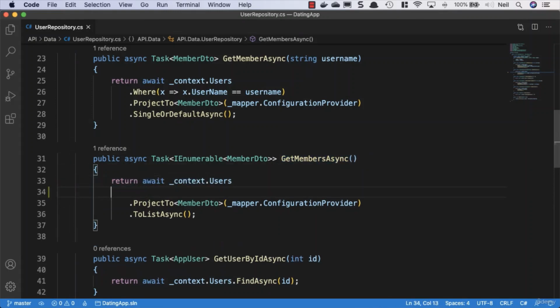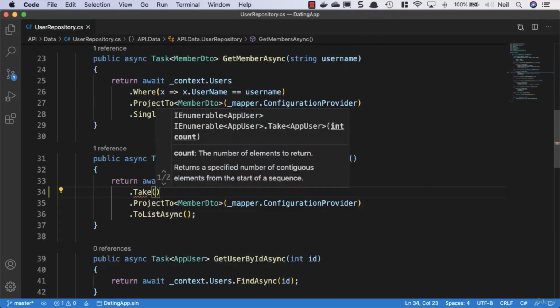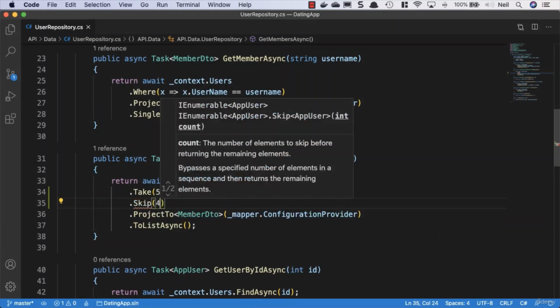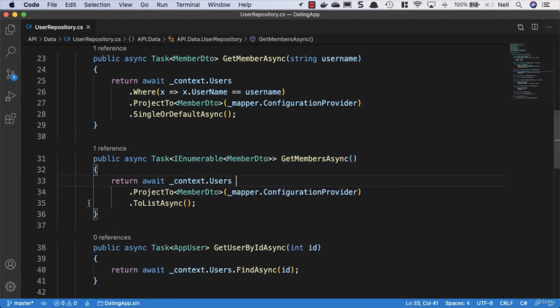And what this means is we add things like the take on here and we specify how many users we want to take. We might say 5, and we might want to skip the first 5, for instance. But we're not going to do it inside each individual method like this, because this would be inefficient and we'd have to do the same for each different repository that we add. And every time we wanted to return a list, we want something a bit more reusable than doing it directly